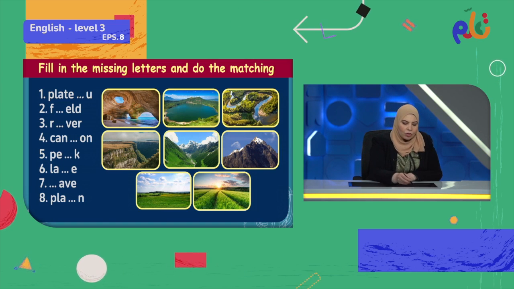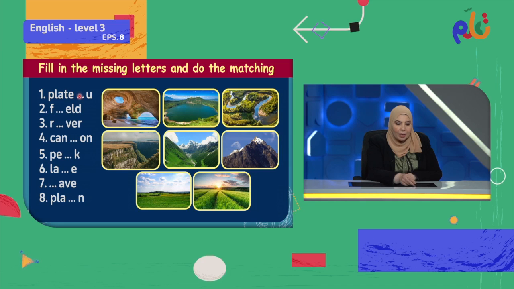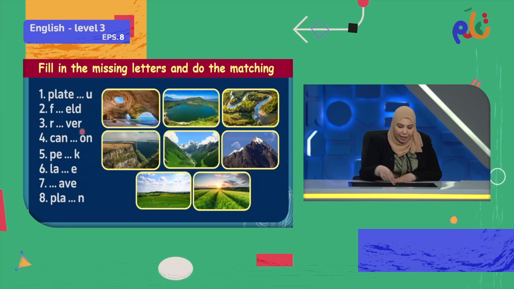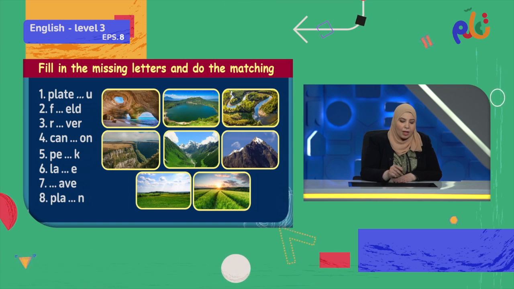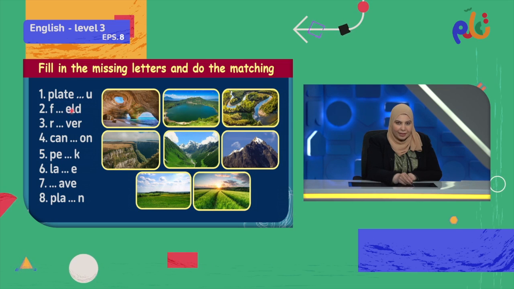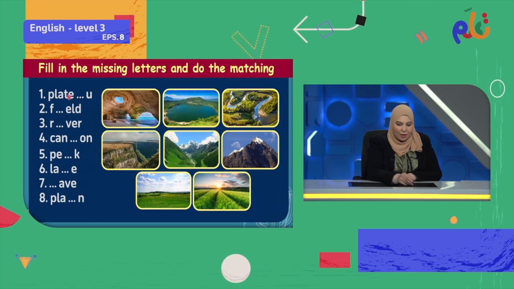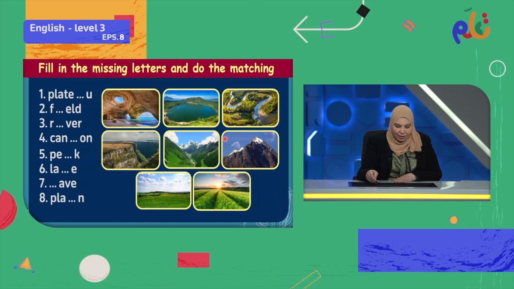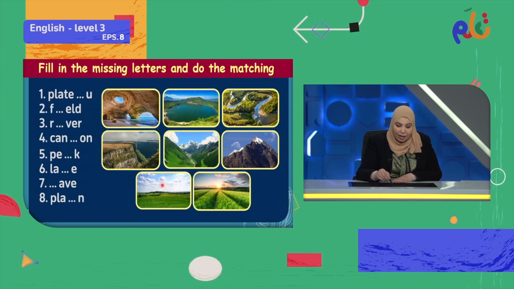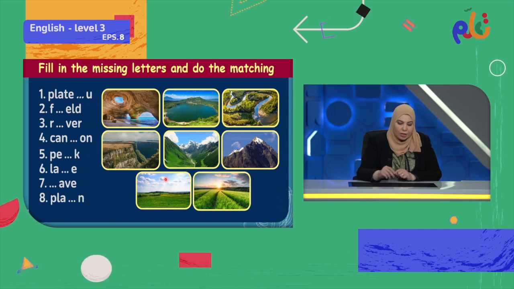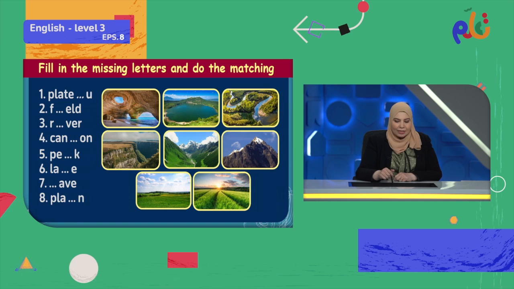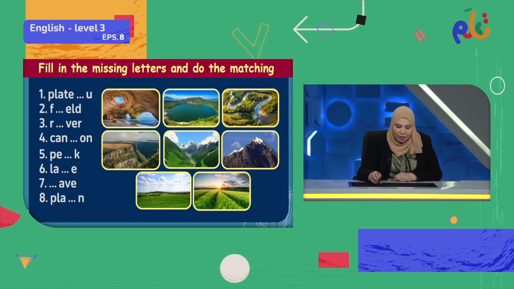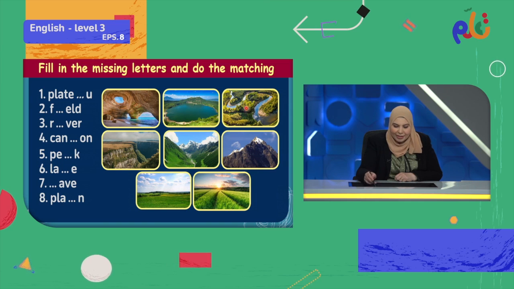So let's look at the word and let's try to remember what was the word, what was the picture, and what's the missing letter. So the first word that we have is plateau. Can you find the plateau here? Yes, it's this picture. Okay, and we have field. Can you find the field here? Yes, it's the green area that is naturally made without any human beings, which this one. River, and for river, can you find the river? Yeah, where is it? It's this one here.